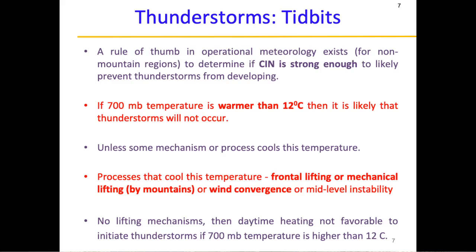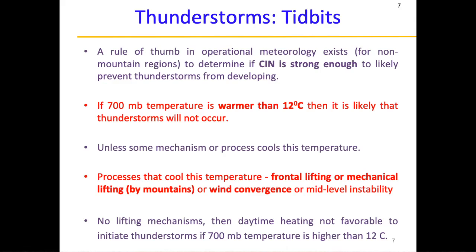Some tidbit: a rule of thumb in operational meteorology exists for a non-mountainous region. I'm not talking about mountains, but a flat plain. To determine if the CIN, which is the convective inhibition, is strong enough to prevent a thunderstorm, a thunderstorm is not possible if the 700 millibar temperature, which is around 3 kilometers from the ground, is warmer than 12 degrees C. Then it is likely that the thunderstorm will not occur, unless some mechanism